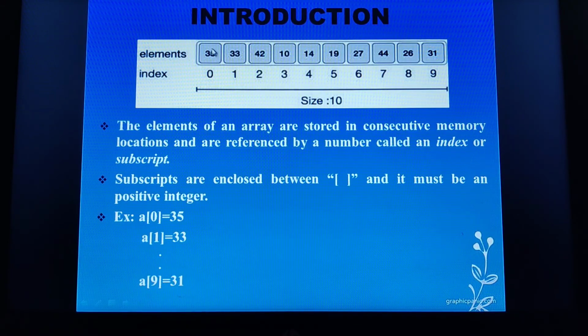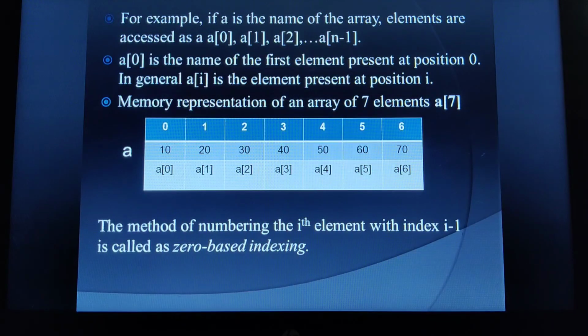Then how do we reference and fetch an element? We extract a particular element by using the subscript, which is denoted by square brackets. To refer to this particular value, that is 14, I need to make use of a subscript, that is a of 4. So when I say a of 4, I am actually referencing the value. Only if I refer to the 4 alone, it is referring to the position. I hope children you are able to understand.